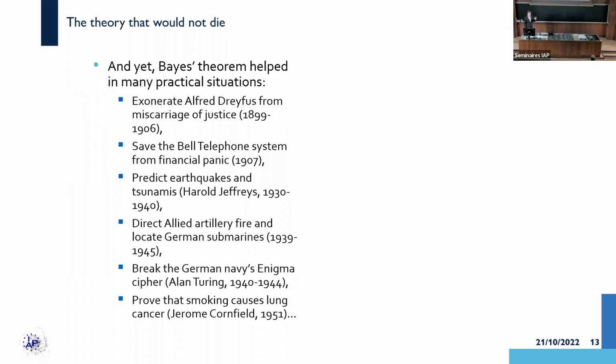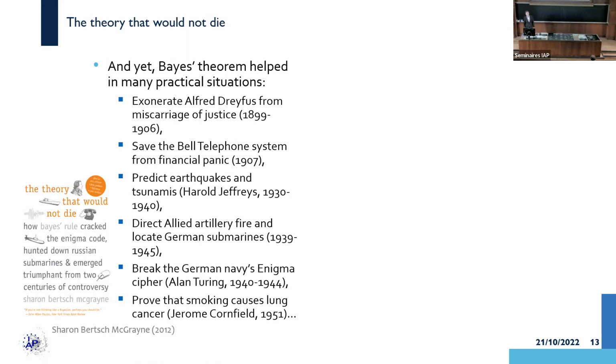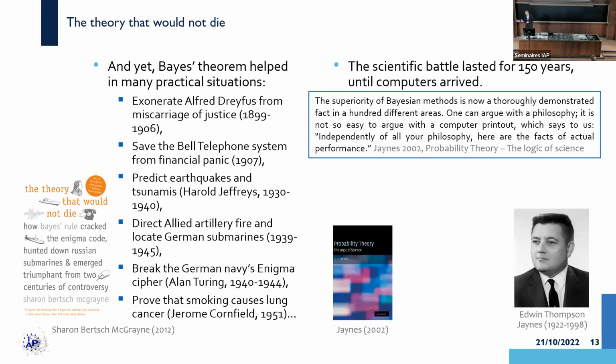So many practical world applications. In fact, a book has actually been written about that. It's called The Theory That Would Not Die. Quite an interesting book. So the scientific battle lasted for about 150 years until computers arrived. And when computers arrived, Bayes' theorem was essentially adopted almost overnight because, well, suddenly it worked. And you find the end of this story essentially in Jaynes's book,